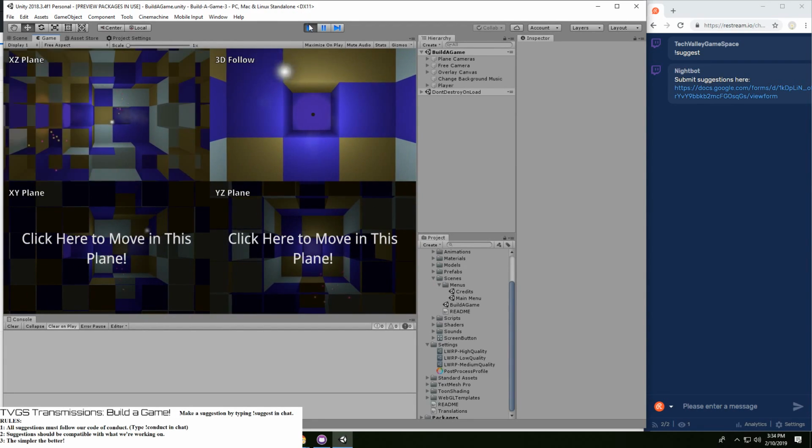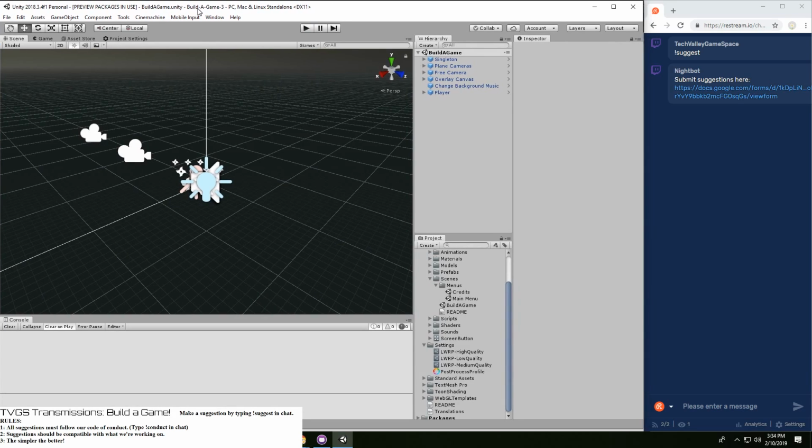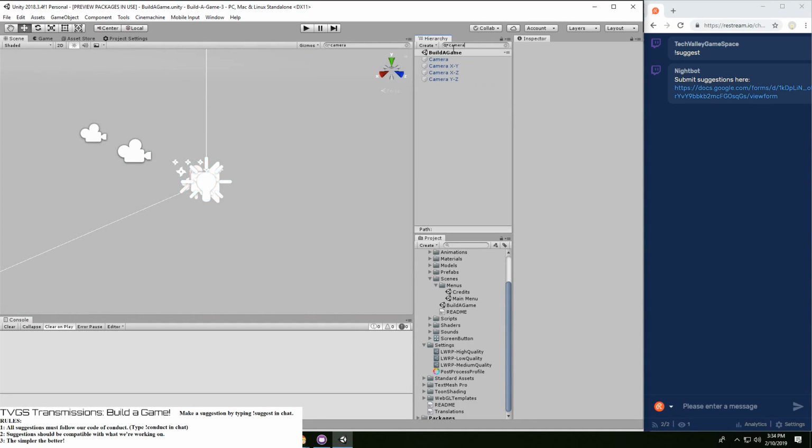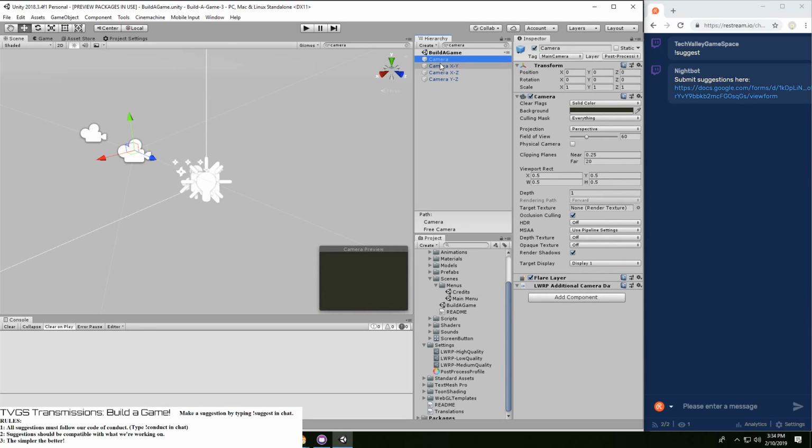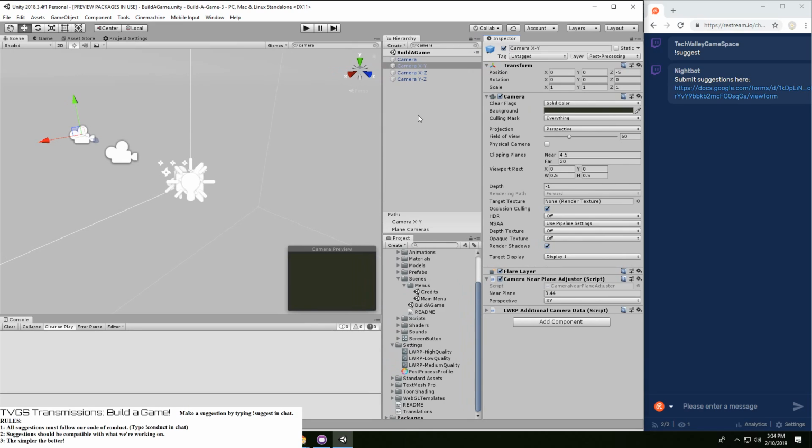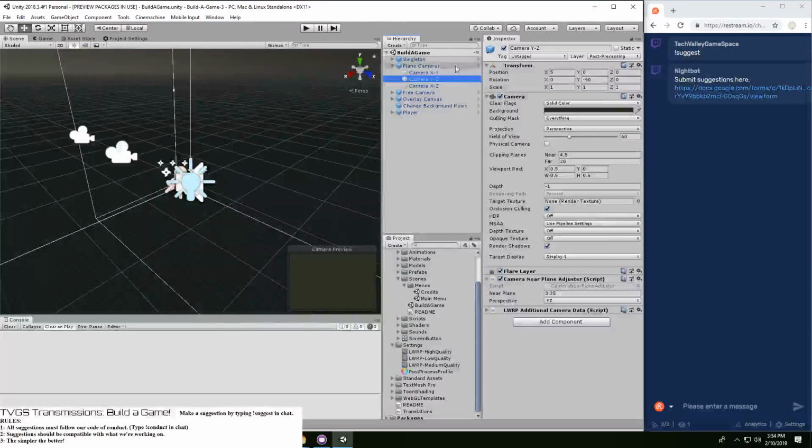If we don't see our submarine, why? And I think I know exactly why. We need to find a type of camera. There's a single camera right here, which is fine. There's a camera right here, which is fine. What's this? Oh, camera data. There's another camera right here, another one right here. Are these really all just the cameras that we have? So we don't have an overlay camera.